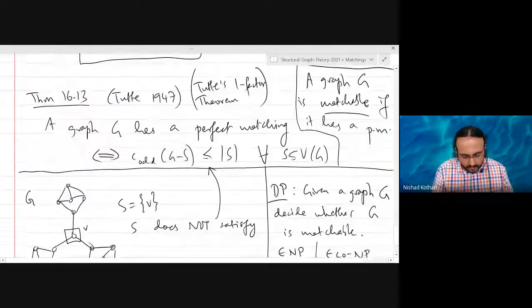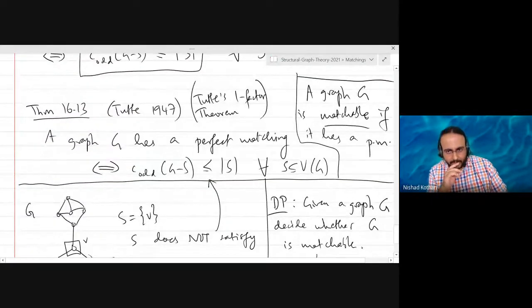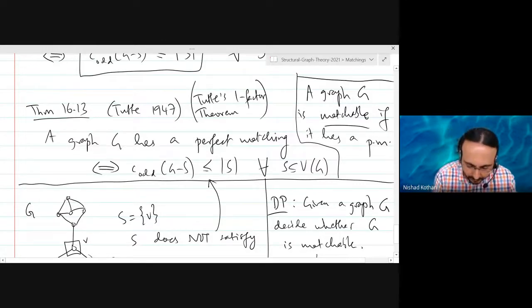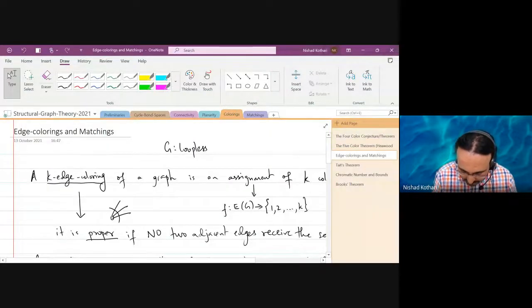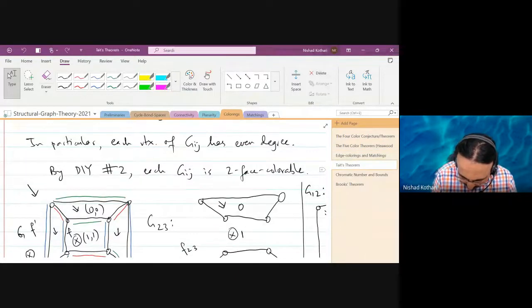Good. All right. So why was Tutte interested in perfect matchings? Well, in general, there was a lot of interest in matchings at the time. People had solved the bipartite case, but the non-bipartite case was open for quite a few years. You can see the difference between when Tutte proved these results and when Hall and Koenig and other folks proved their results. There is a difference of, I don't know, 25 to 50 years or something. But there was another reason. You might remember we discussed Petersen when we were talking about colorings. So let's talk a bit about that.